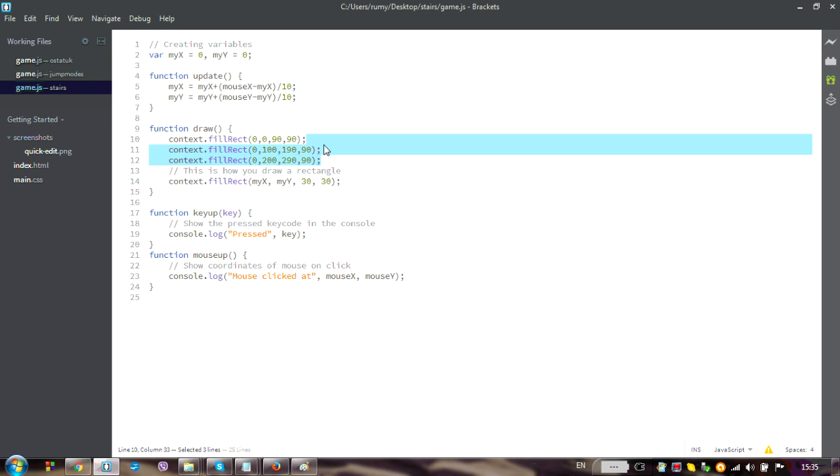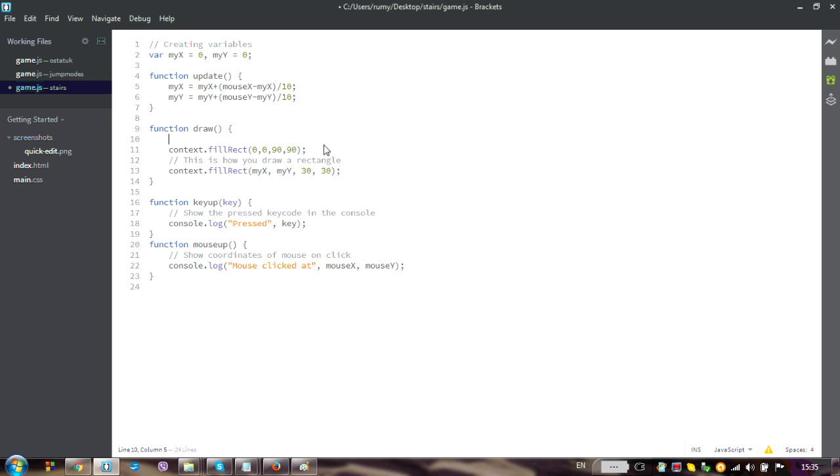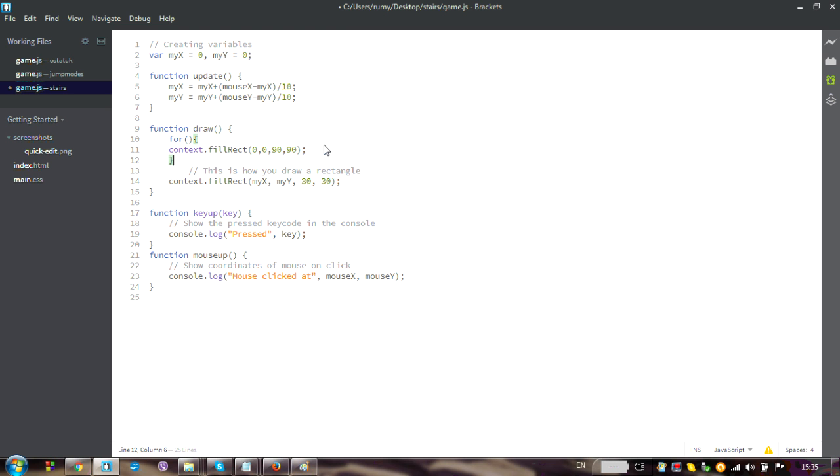Okay, I'm going to delete the bottom two lines, the bottom two fill rects, and I'm going to take just the top fill rect and put it in a for loop. Again, I will need a special variable to count the steps that I've made, and I can call it index stair, meaning that I will count how many stairs I've drawn so far. And index stair can start from 0 and can increase